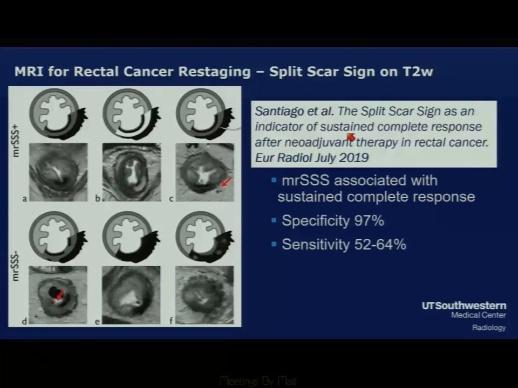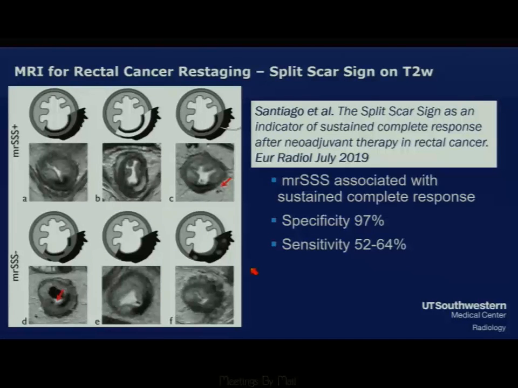so they use sustained complete response, clinical and imaging-based and pathologic-based for their reference standard. So this is just the first paper with 67 patients. They've just defined this sign, and we are not clinically using this yet, but I think it deserves mentioning here, and more studies really need to be done about this, but just so you're aware, I wanted to put a